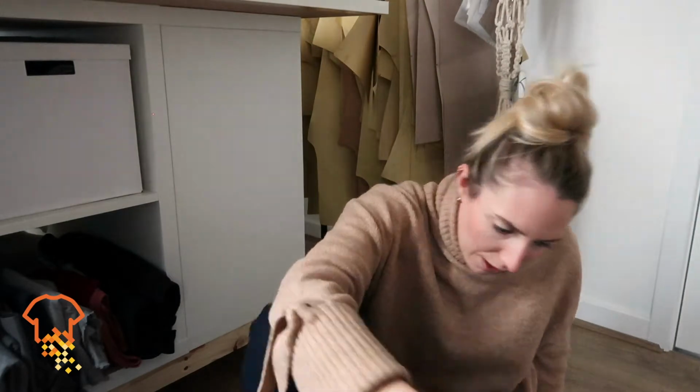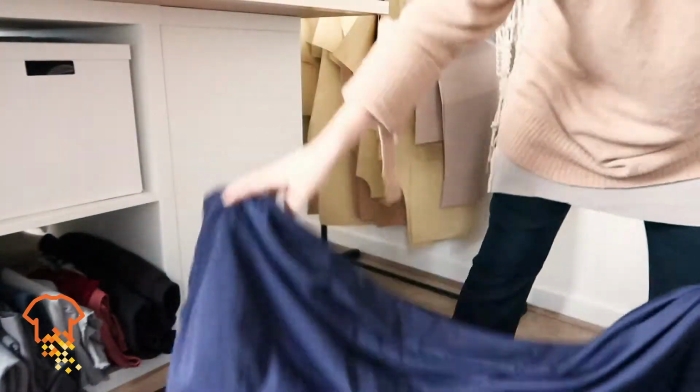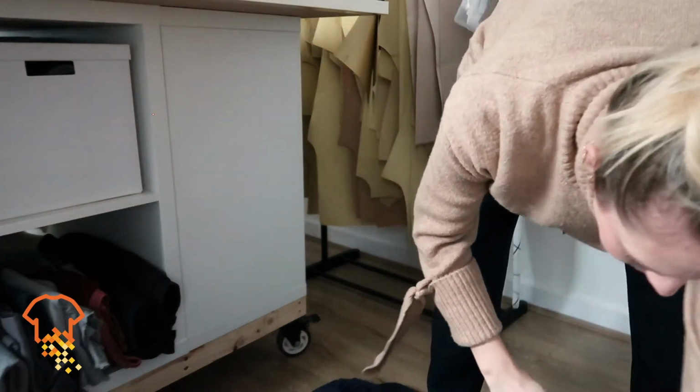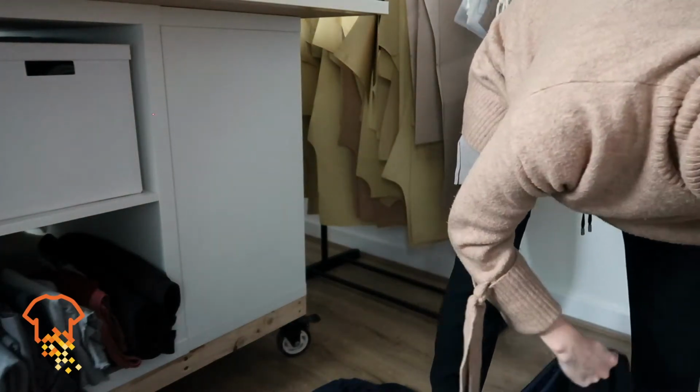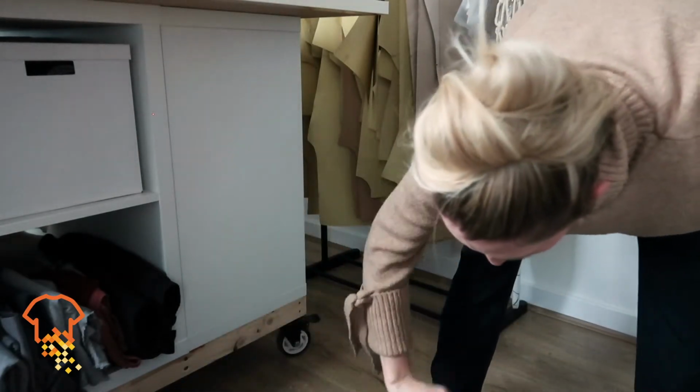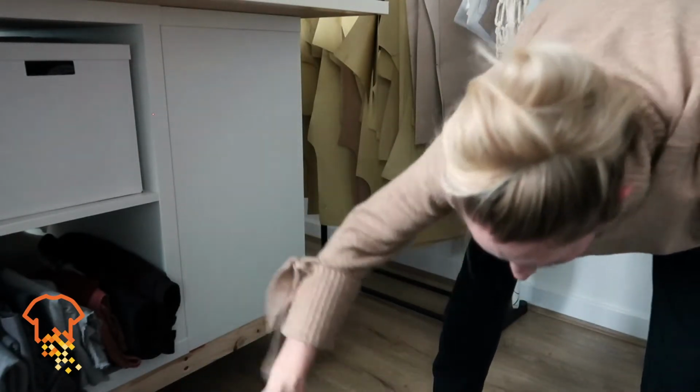Creating a wearable toile is actually, I must have about 3 meters here. Oh wow, I've got so much. How exciting, I could create such an amazing drape design. Creating a wearable toile, as I was saying, is such a sustainable approach to the fashion process. So I think I might do that. This is definitely